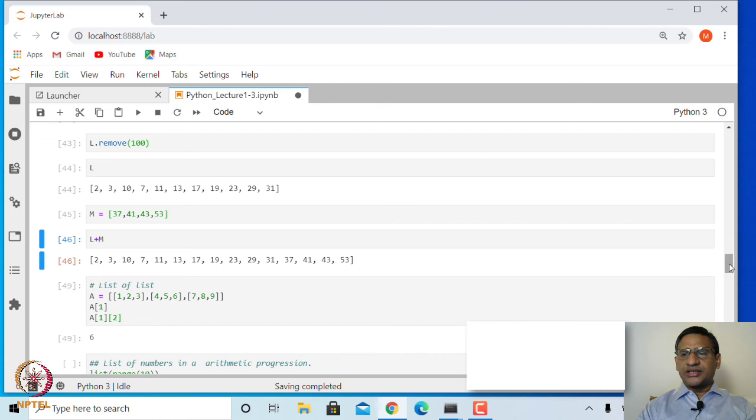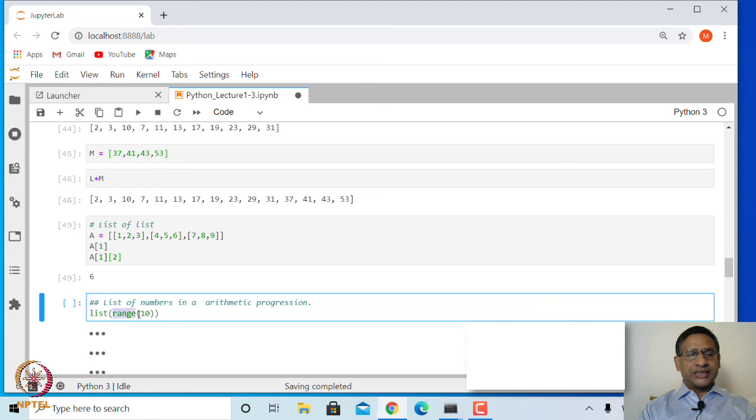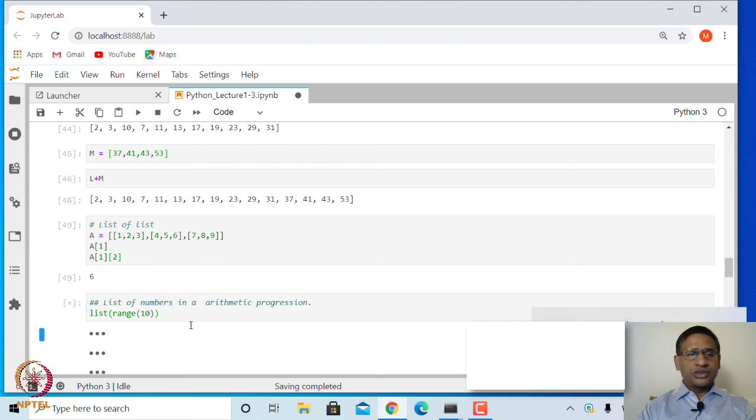Apart from creating a list by giving the entries in a square bracket, Python also has one inbuilt command known as range. So, if I say range 10, it will create a list starting from 0 up to 9. So, 0, 1, 2, 3, 4 up to 9. Now, see here how we can execute. So, list of range 10 has created 0, 1, 2, 3 up to 9